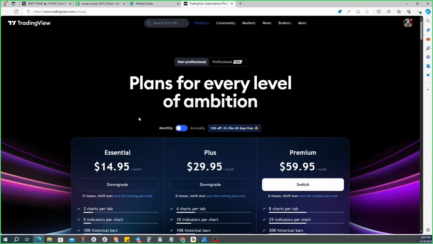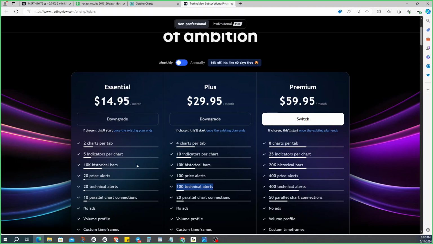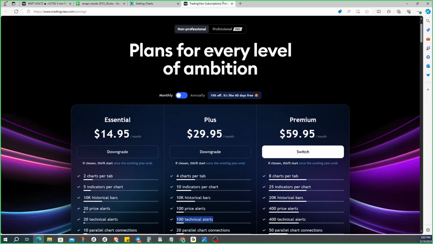They do have a free program that you can get too, but the free program is pretty limited as to everything that you can get. You can only have like 2 indicators on it. You can only have 1 chart. You can only have 1 layout. I don't think you can have any persistent price alerts. When I say persistent price alerts, what I mean is,